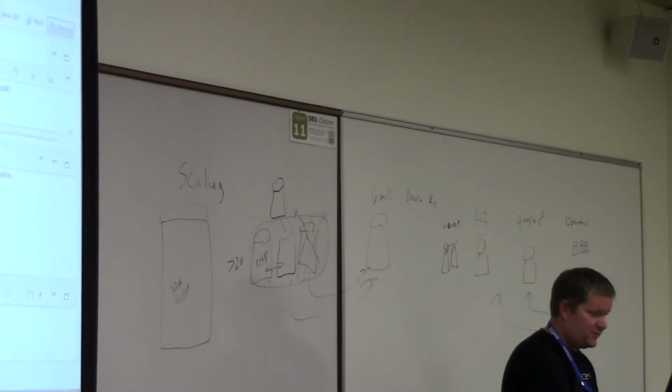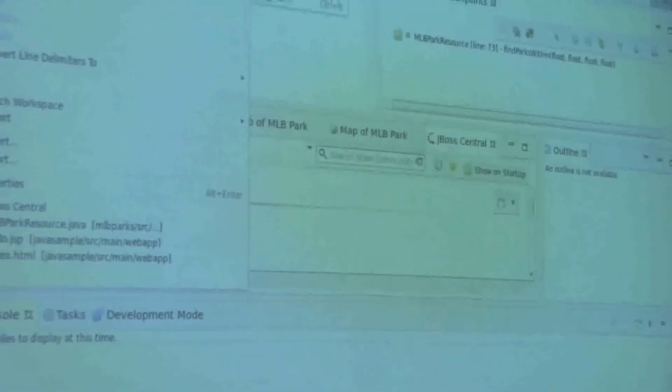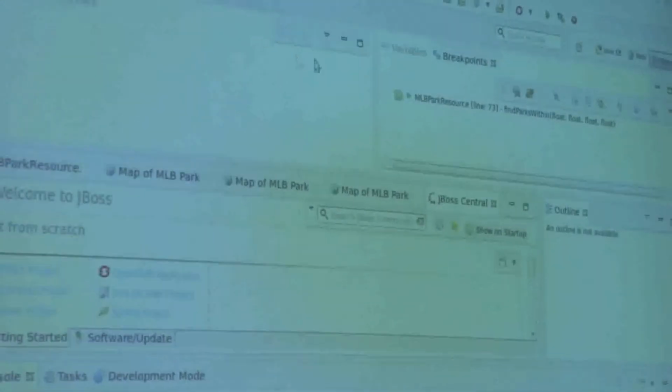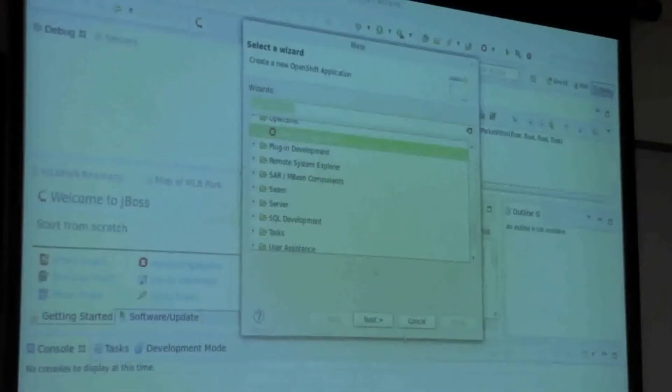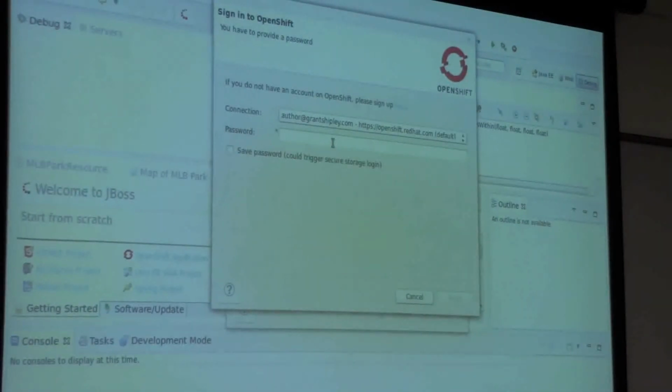All right, so here is my Eclipse platform. To create a new application on Openshift, you just say new file, other, and scroll down to the Openshift application. And what account am I? So you can then authenticate.